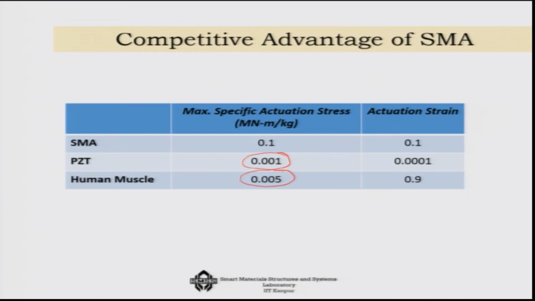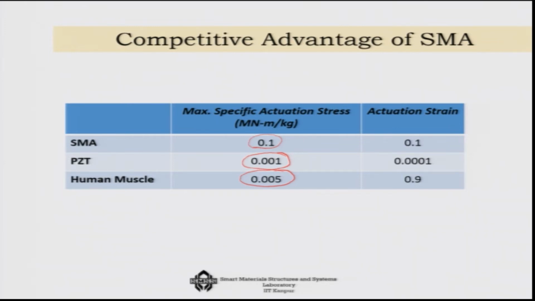However, SMA is several orders of magnitude higher. So, with the same weight you can get much larger actuation stress from the SMA, possibly something like 100 times more powerful than these other materials. That is how you can make very good use of such materials in applications like